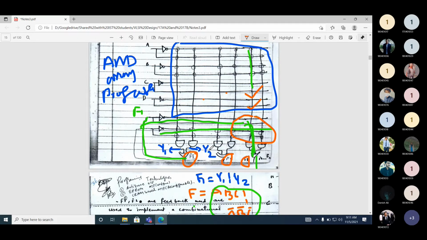Now, what I have shown is a very simple PAL with feedback. If you look at the actual PAL, it does not contain only 4 inputs. It contains up to 36 inputs. And in this example, I used a minterm of 2, but there is not only a minterm of 2. Maybe there is a minterm of 5, maybe a minterm of 8. So it depends. Now, what I want to highlight here.